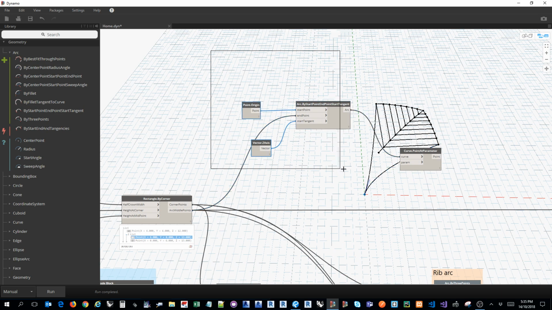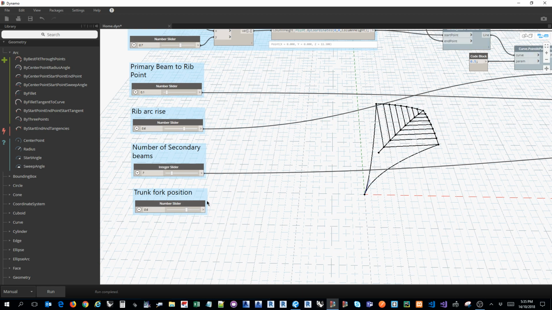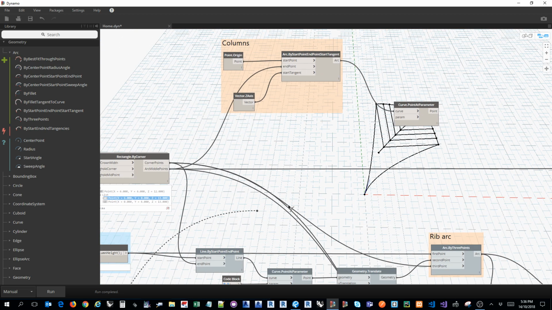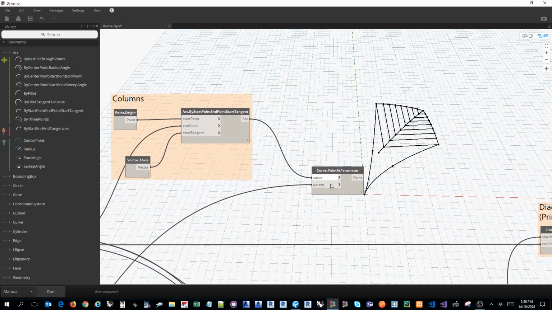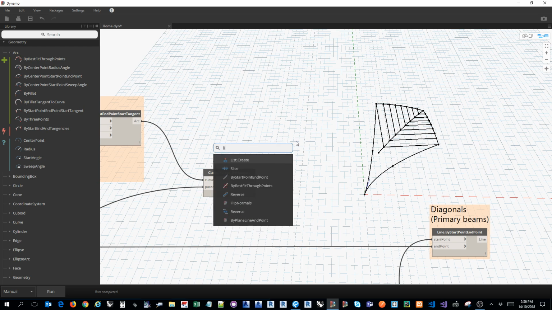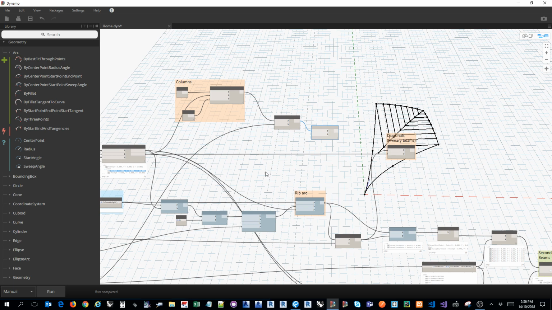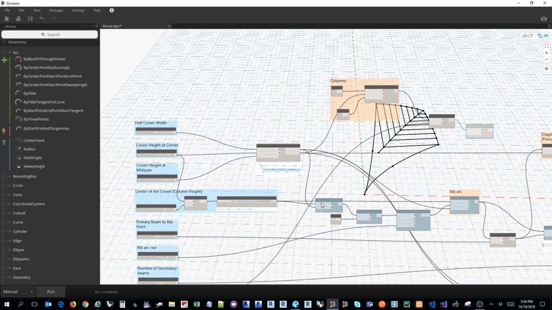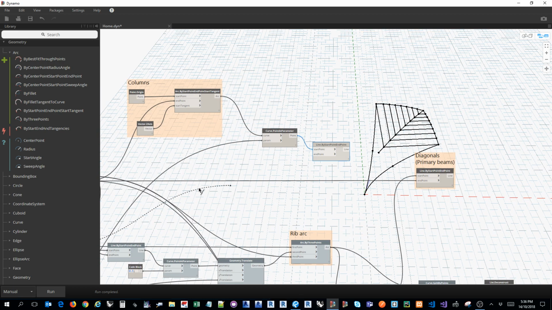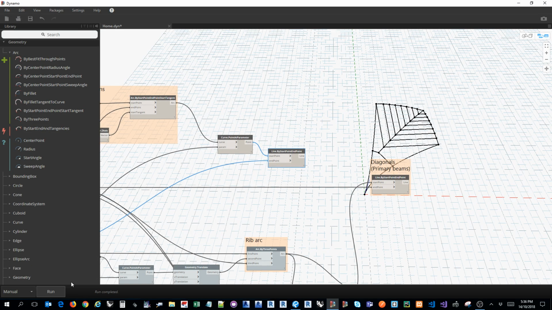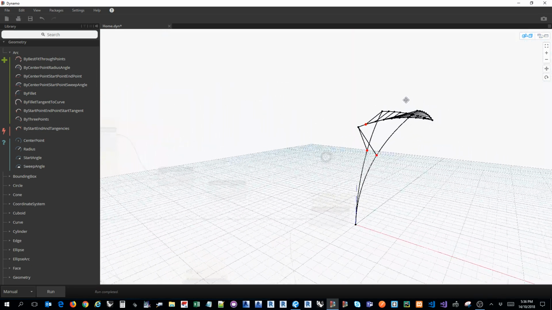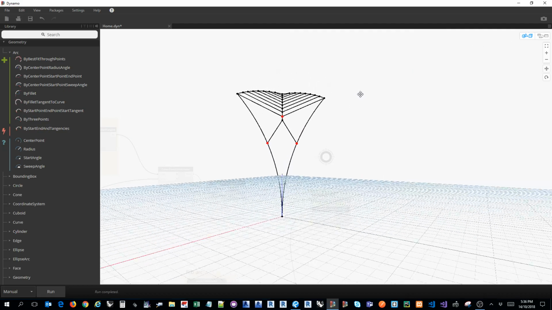So these are the columns. The parameter is down there, and we can do a line by start and end point. Start and the end point is the center of the ground. Okay, so we have now built 1/4 of the structure,